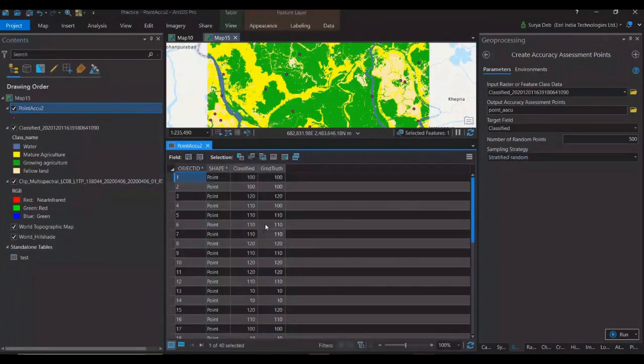So see here, the ground truth I already created. I have to show you, that's why I already created it here. Otherwise, whenever you first run the accuracy, the classify field will come like this, and the ground truth field will come like -2, -1, -2, -2. Then how is this value actually coming?